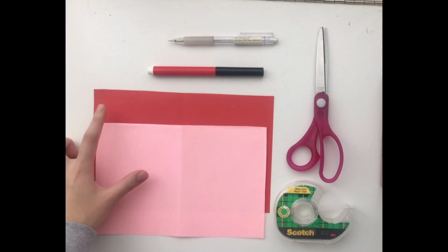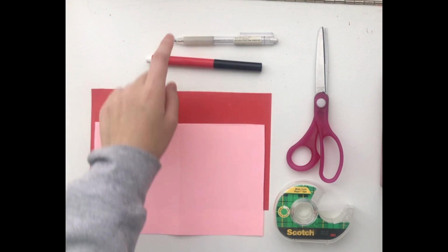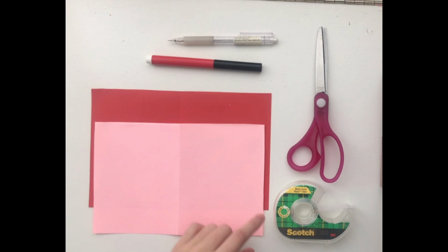Today I'll be teaching you how to make a Valentine's Day pop-up card. What you'll need are 2 different colored sheets of paper, a marker, a pencil, a pair of scissors, and either